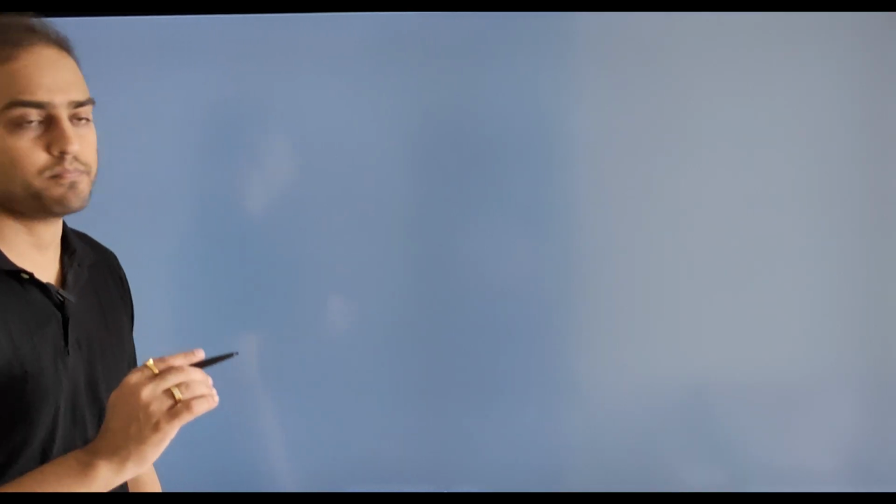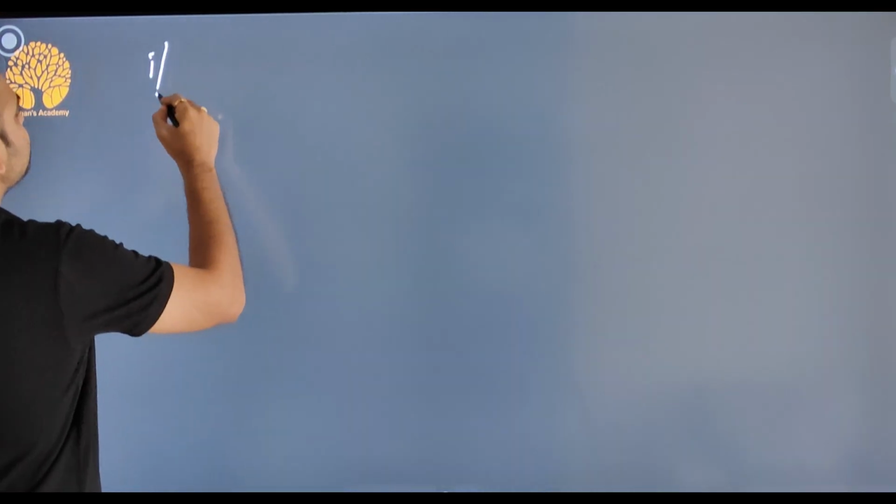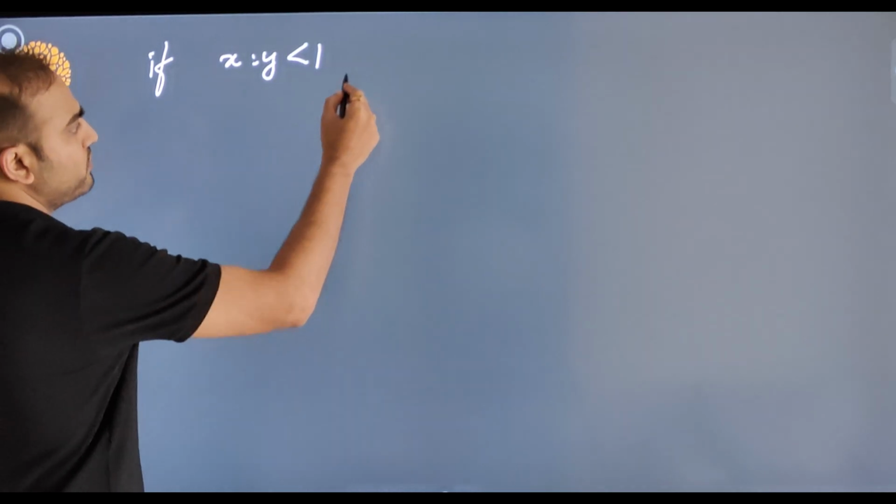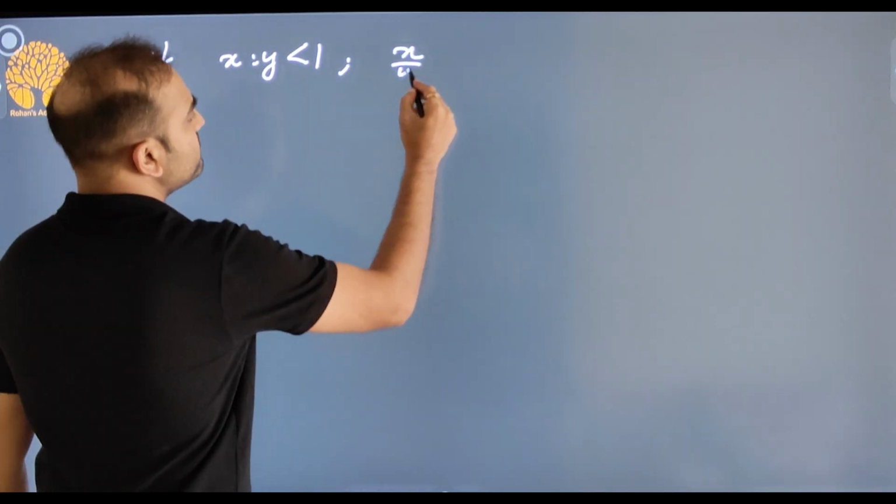Alright, if you understand this, this is all you need to know about ratios and problem solving. We are going to study data interpretation later on, but there is one point I would like to make so that you understand why this topic is important and the use of ratios, especially in data interpretation. Now say x is to y is less than 1, that is x by y is